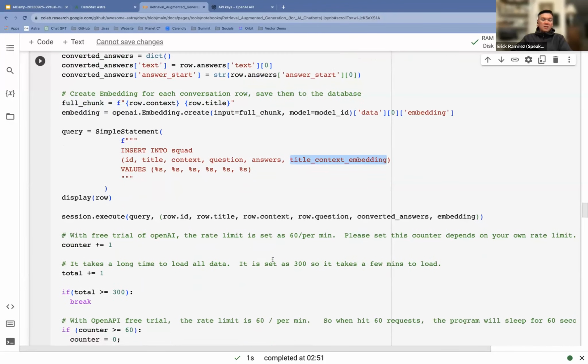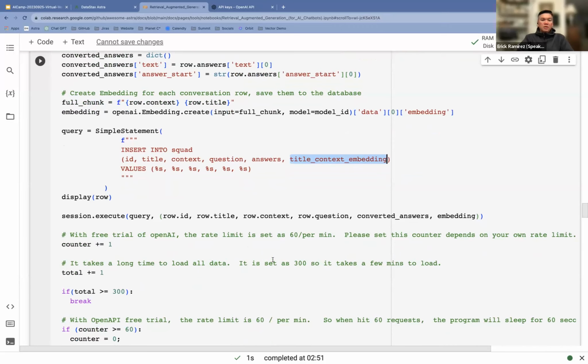It's a big difference with using Cassandra as a vector database. We're storing both the data, so the ID, title, context, question, the answers, and the embedding together, right? Very crucial, because other vector databases like Pinecone are a one-trick pony. All they can do is store the vectors. They can't do anything else.